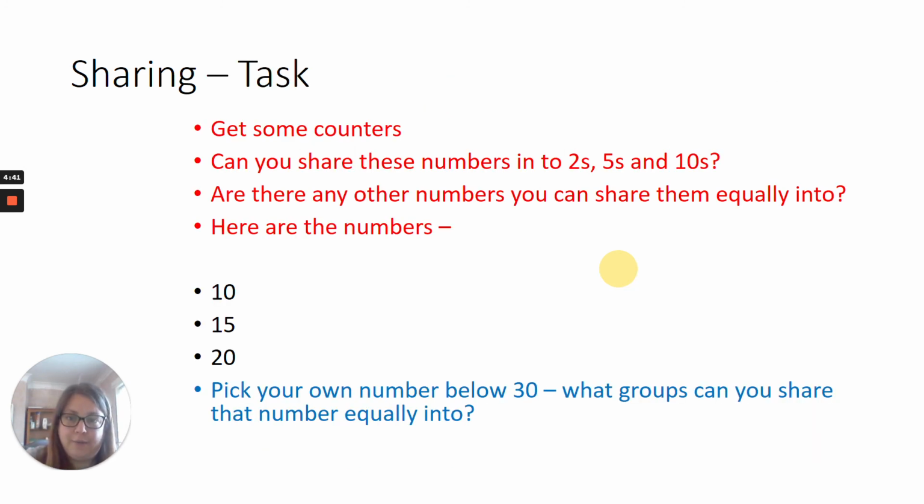Okay, your task now then. You want to get some counters, some equipment that you've got at home, Lego, Duplo, dolls, cars, whatever you've got. And I want you to share these numbers in 2s, 5s and 10s. So share 10 into 2, 10 into 5 and 10 into 10. How many does each person get, and then do the same with 15 with 2, 15 with 5, 15 with 10, and then the same with 20. Then can you pick your own number below 30 to see what you can share equally and what you can't,